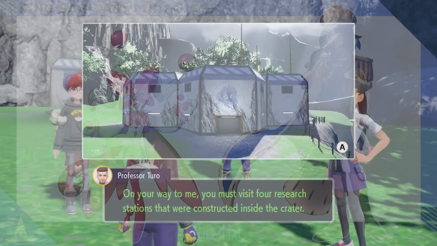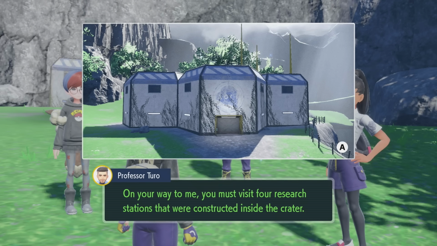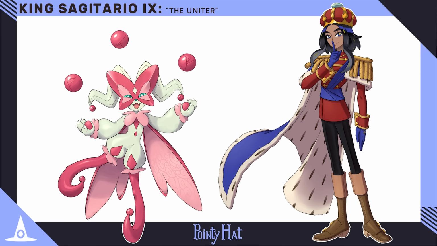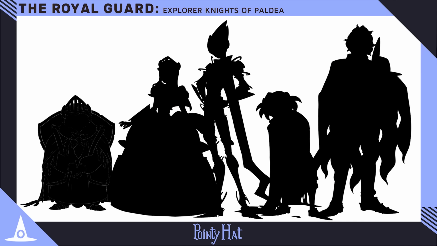Remember how you go down the crater, down Area Zero, and there are stations? Those are stations of the Royal Guard of Paldea that safekeep specific spots, which are your only points of civilization and safety in the crater. And each of those knights is one member of the Royal Guard. That corresponds to one of the regions of Paldea. So how about we meet them?